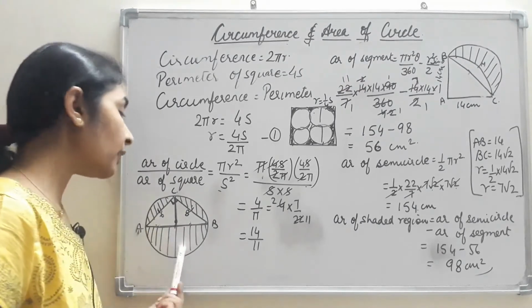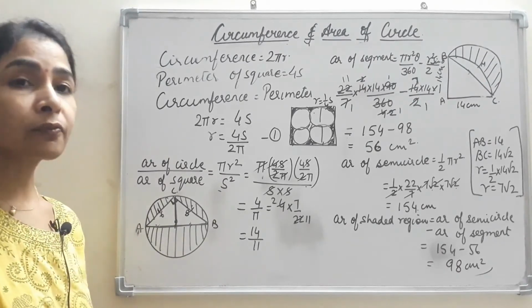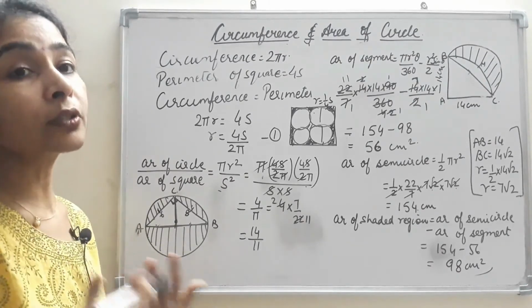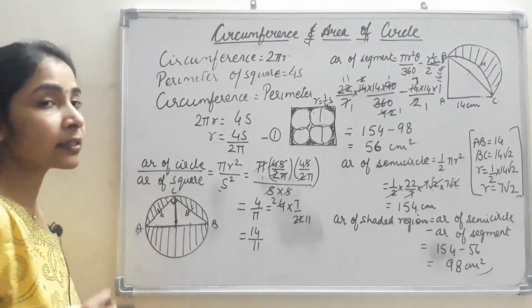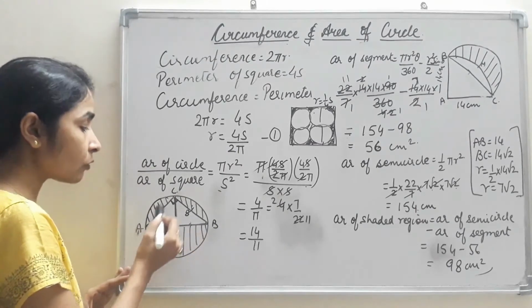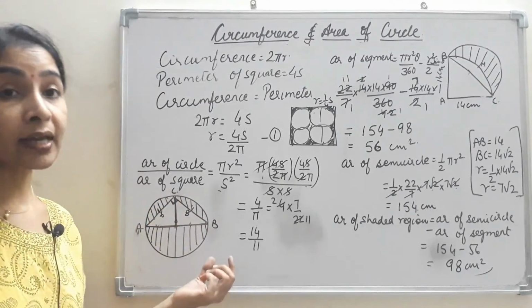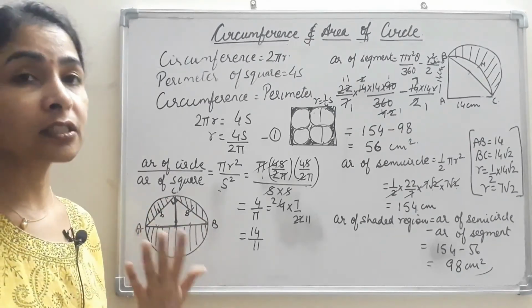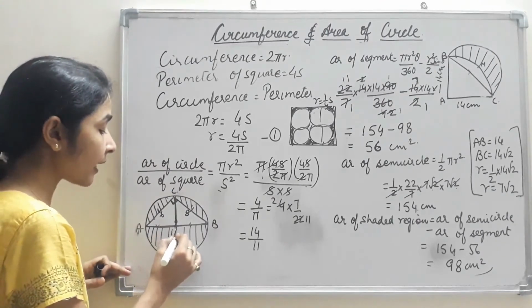Then how will you find out the area of the circle? That is also very easy. These types of questions are just made to test you. If these two sides are given and we are given that this is a right triangle, then hypotenuse square is equal to perpendicular square plus base square. So 6 square plus 8 square gives us 36 plus 64, 100, and the hypotenuse will be equal to square root of 100, that means 10.